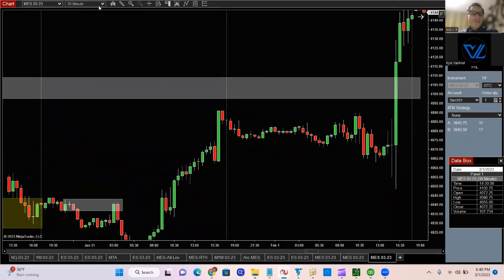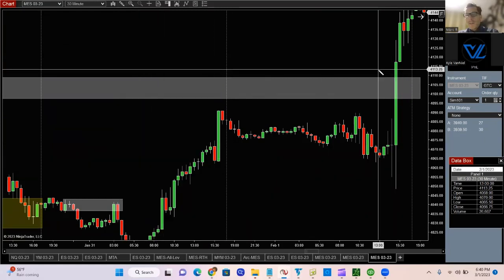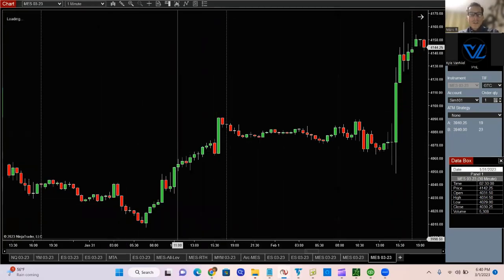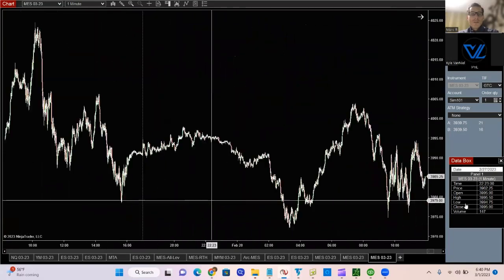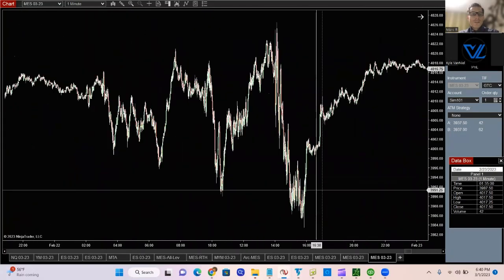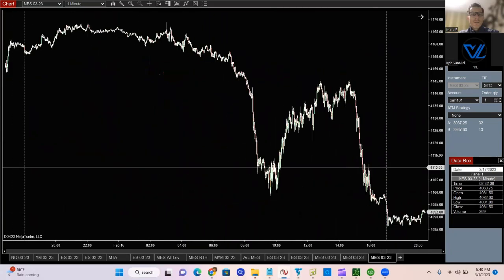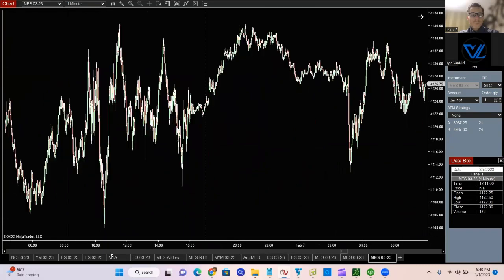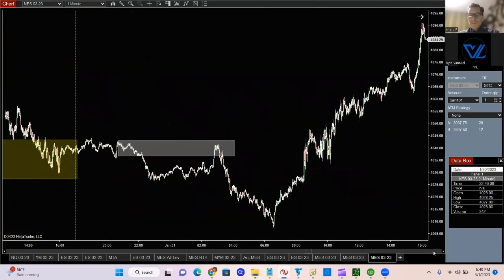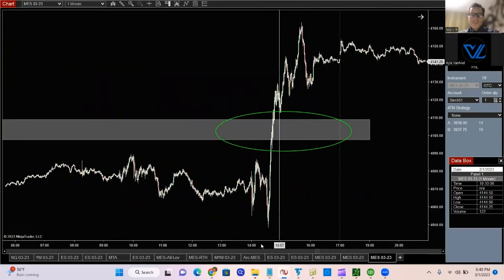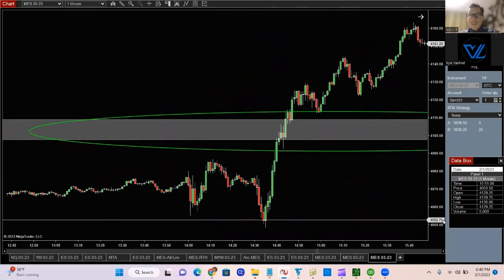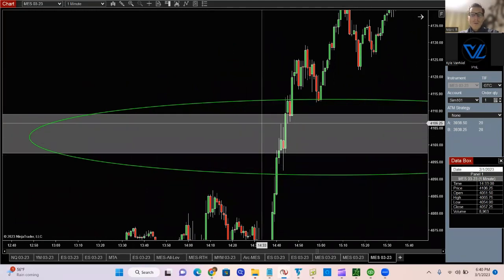This is on a 30-minute chart. There's a possibility here that this top may have held. If you go into like a 1-minute chart, you know, did you, what day was that? So that was the end of the day, and price did, if you had an order in this level, depending